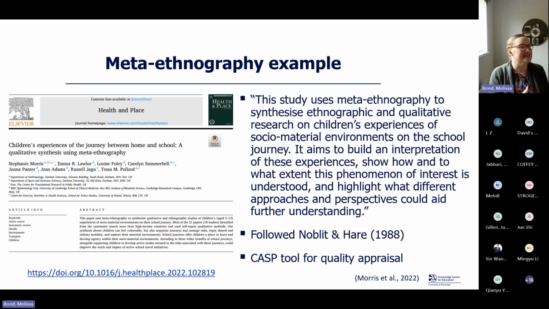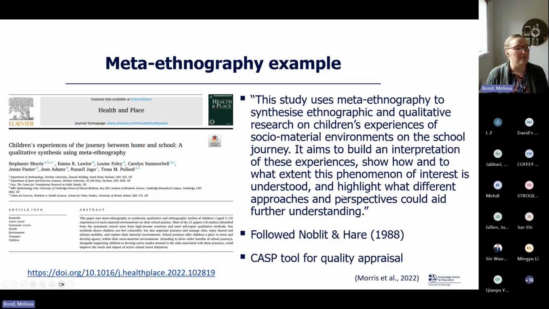So this study is about children's experiences of the journey between home and school. It uses meta-ethnography to synthesize ethnographic and qualitative research on their experiences of that school journey. Its aim was to build an interpretation of the experiences and to show how and to what extent that phenomenon is understood.